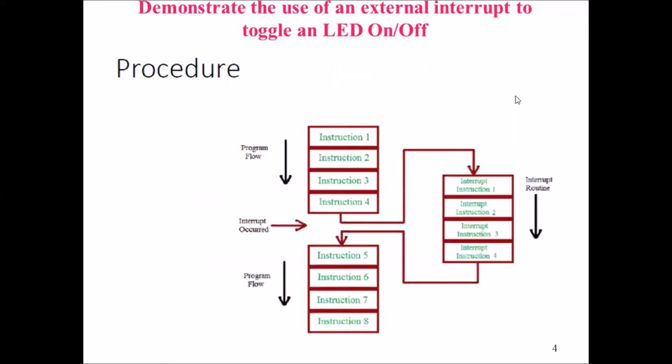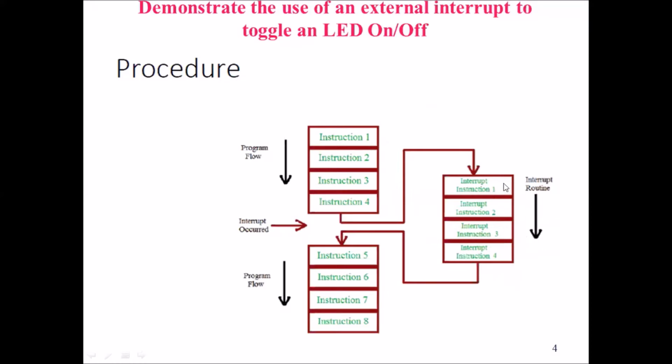Assume that the microcontroller processes the instructions in the normal flow. In the program flow, assume that instruction 1 is being executed, after that instruction 2, after that instruction 3. After that, when instruction 4 is being executed, assume that an interrupt occurs from any external source. Then that needs to be served first by stopping the normal execution flow. So the normal execution flow will be stopped, and directly the program execution flow will go to the interrupt